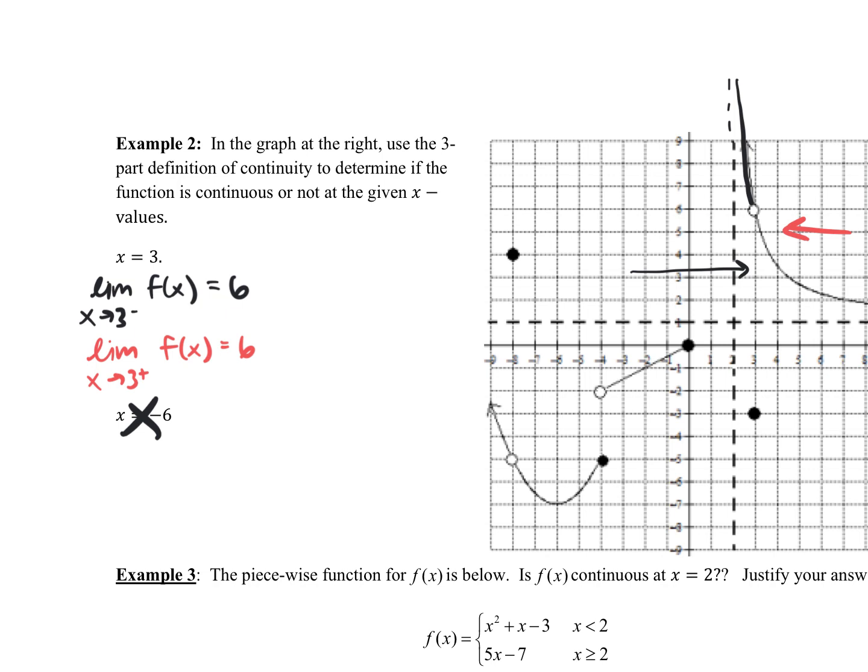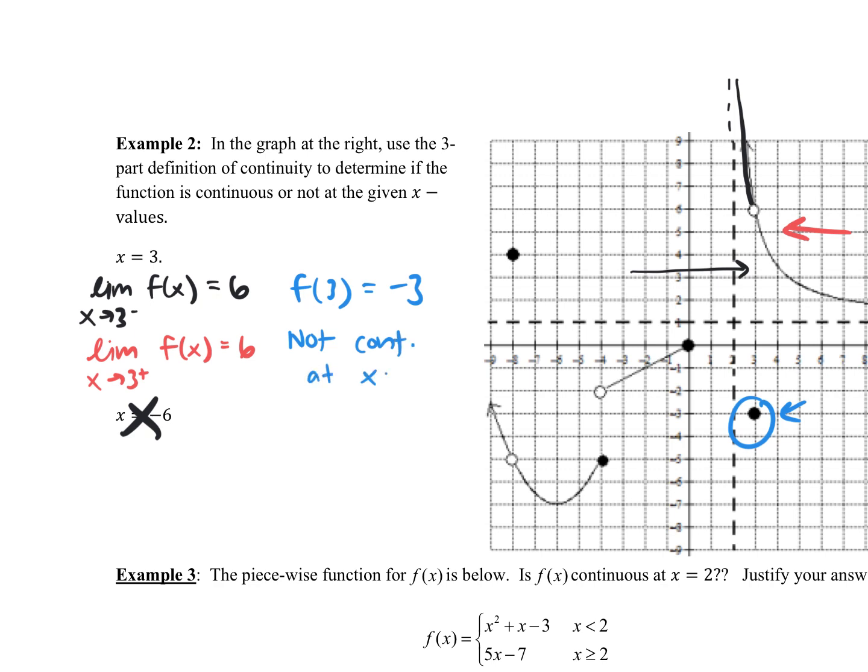Okay. And then we know that the point, so f of 3 is -3, right? It is not the same. So this would equal -3 at that point. So we find those 3 things. Now we determine if it is continuous or not. Is this continuous? Are they all the same? No, so we would say no, it is not continuous, or just say not continuous